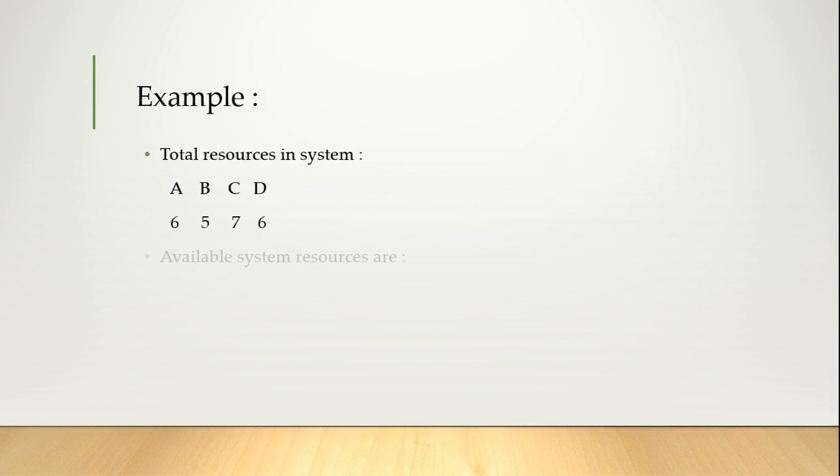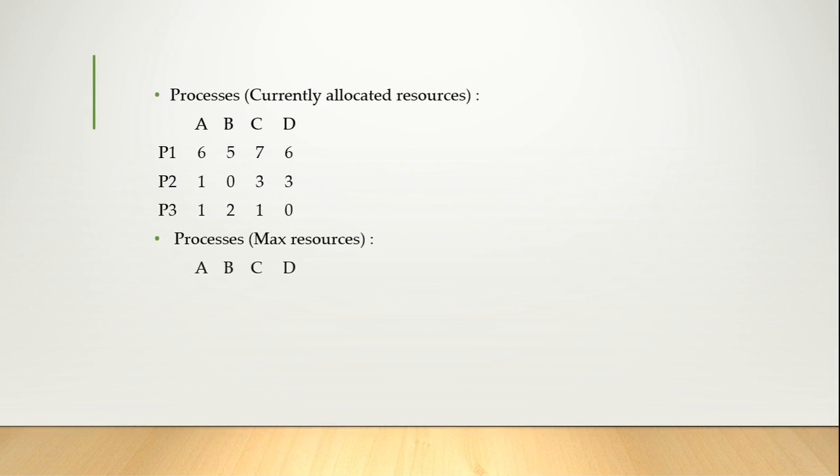For example, consider the total resources in the system as: A has 6 resources, B has 5 resources, C has 7 resources and D has 6 resources. The available system resources are: A has 3 resources, B and C have 1 resource each, and D has 2 resources. The processes currently allocated with the resources are: process 1 is associated with 6 resources of A, 5 resources of B, 7 resources of C and 6 resources of D. And the maximum resources for the processes are similarly shown as